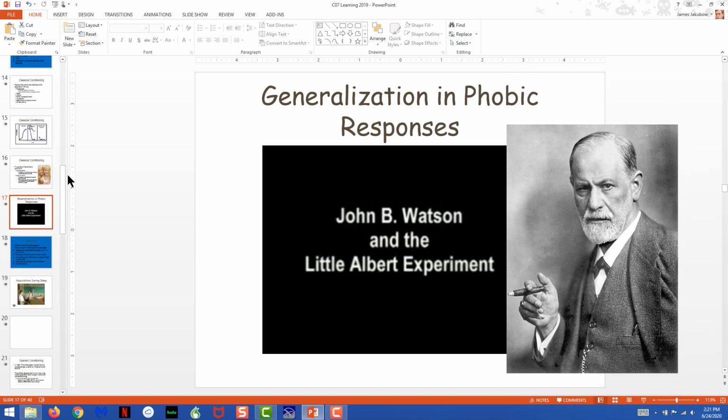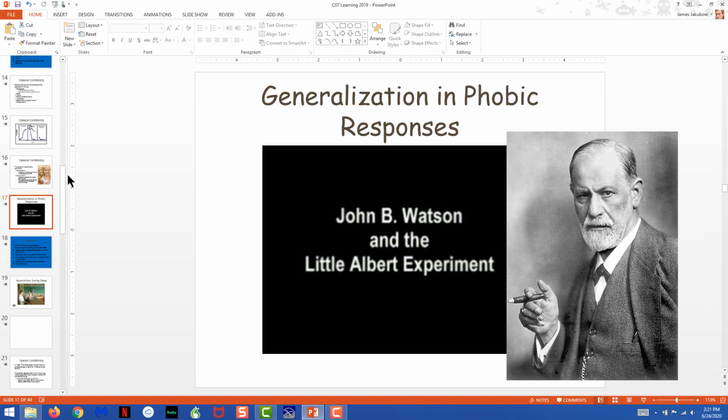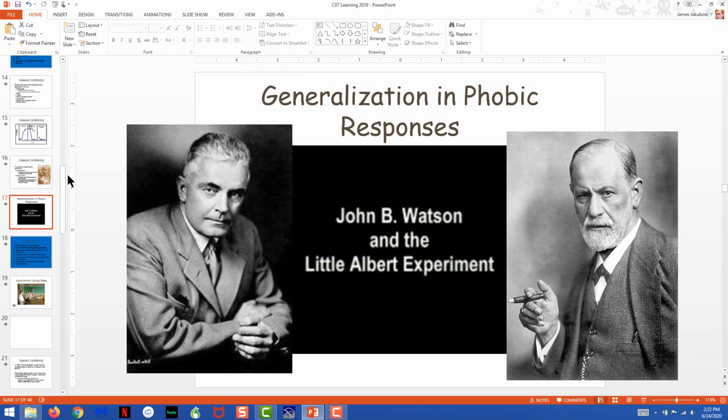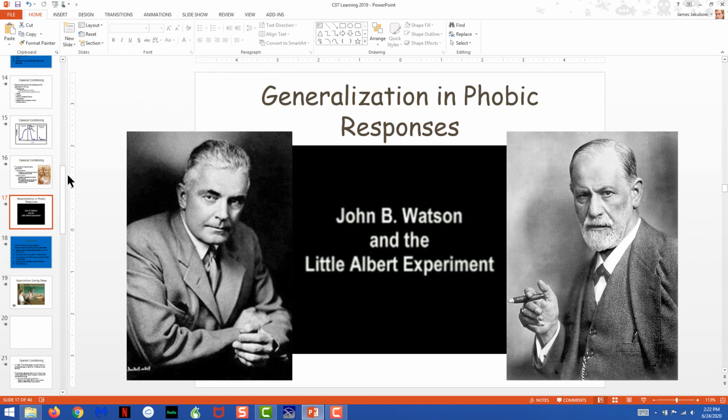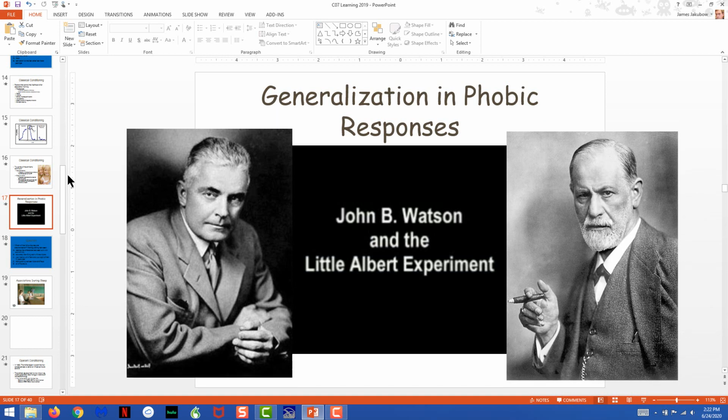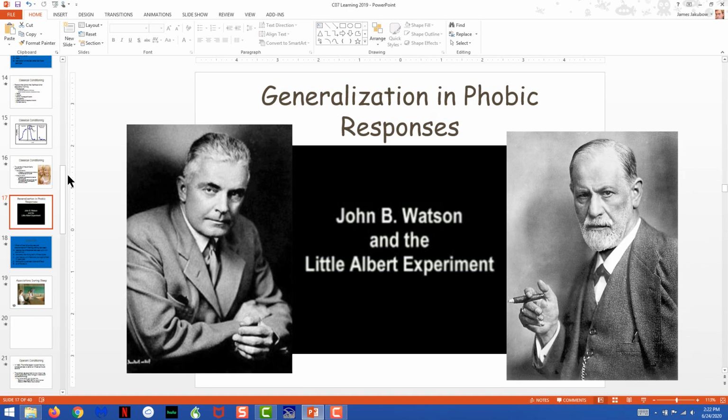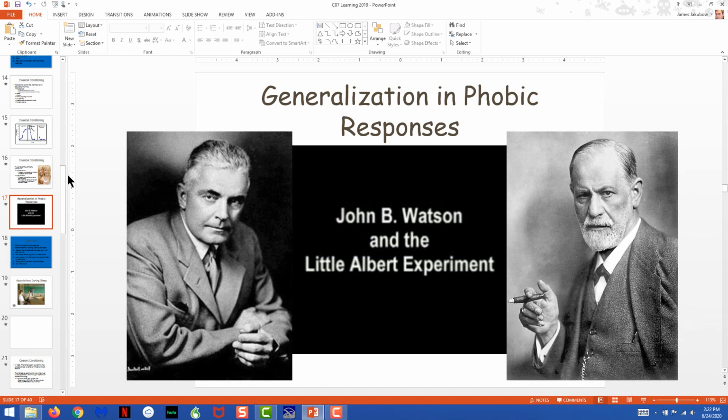around sexual behavior and the developing theories of phobias that were created by people in the field of conditioning who believed that phobias were related to associations between two events in the environment, one possibly neutral and the other one harmful, so that if you were bitten by a snake, for example, you would develop a phobia of snakes, and then possibly even generalize that phobia to other snake or snake-like objects.